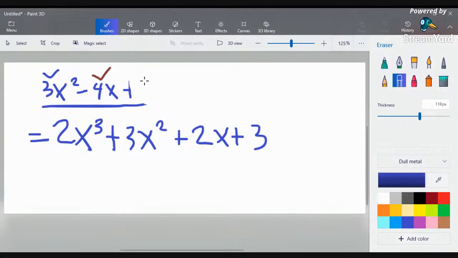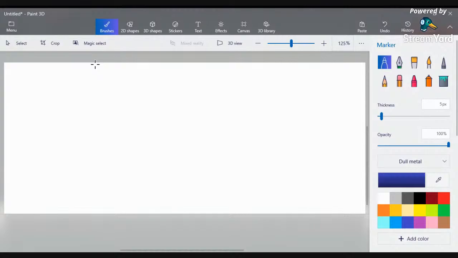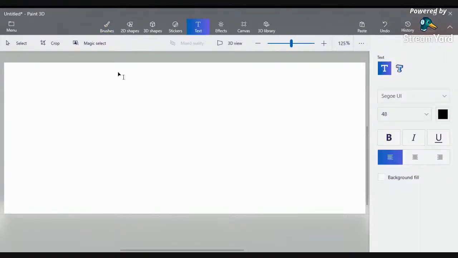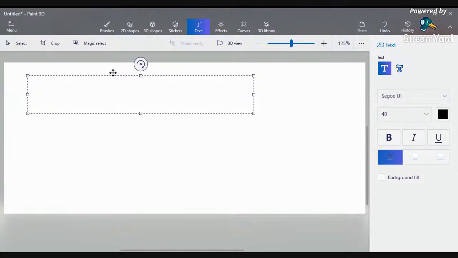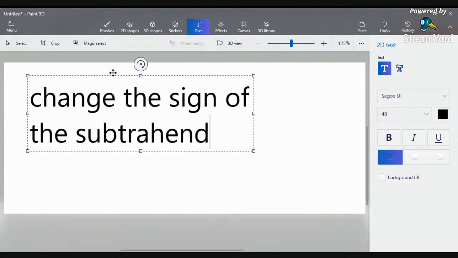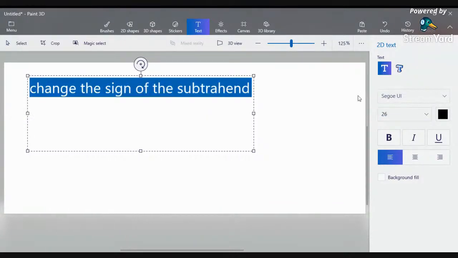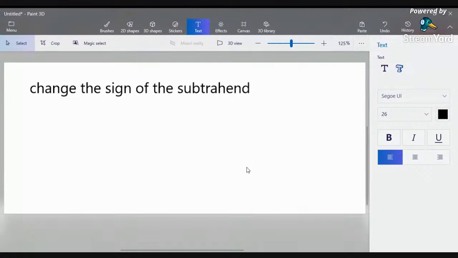Let's proceed to the difference of functions. Okay, what's the difference between addition and subtraction? In subtraction of functions, you only have to change the sign of the subtrahend. This is the thing that you really have to take note. You have to change the sign of the subtrahend. Okay, so on your example, we have